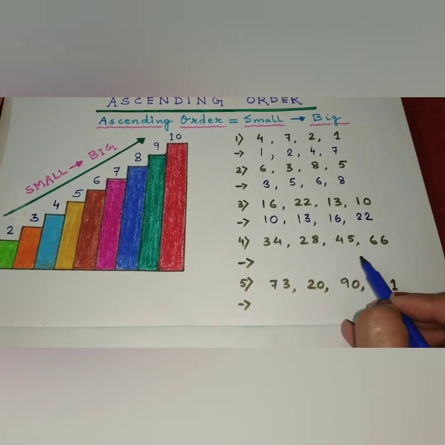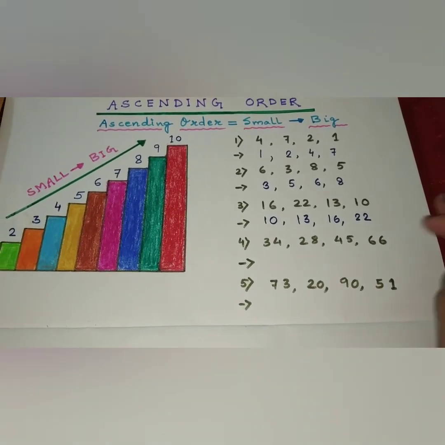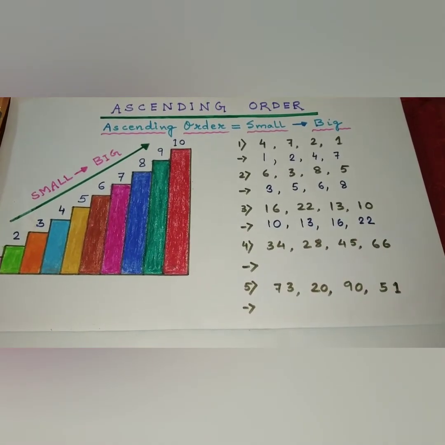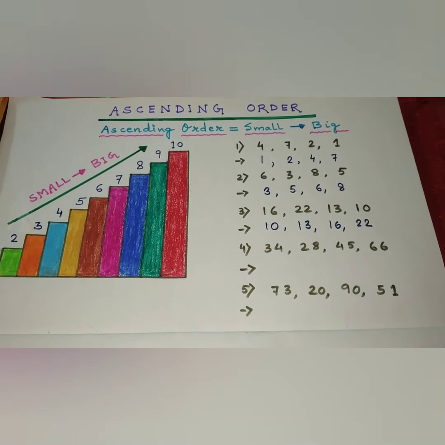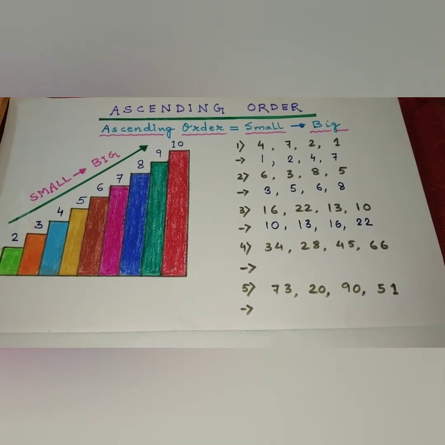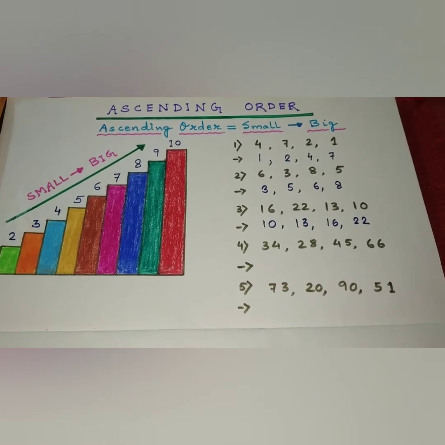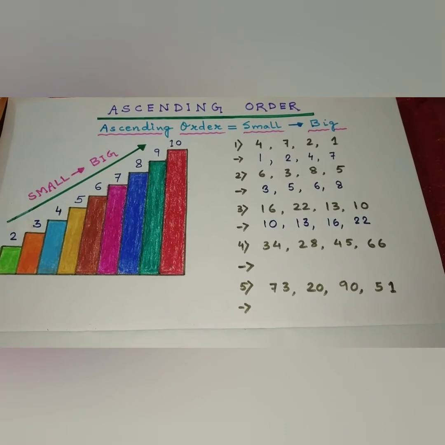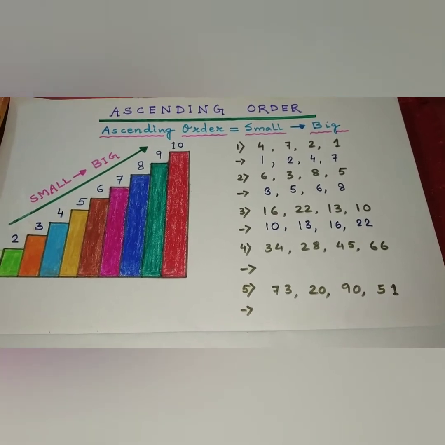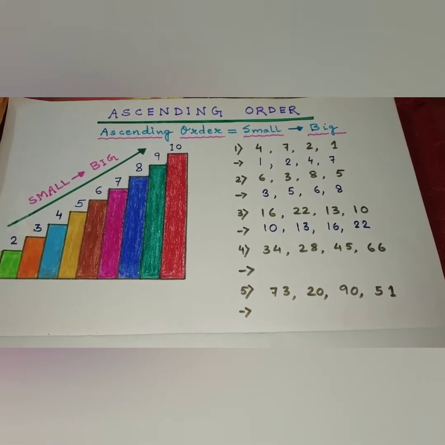Now students, example number 4 is not the same as example number 3, because in example number 4 you can see all the digits in every number are different. So you don't have to follow the trick which I have taught you while solving example number 3. So in example number 4, we will take all the first digits in the numbers.